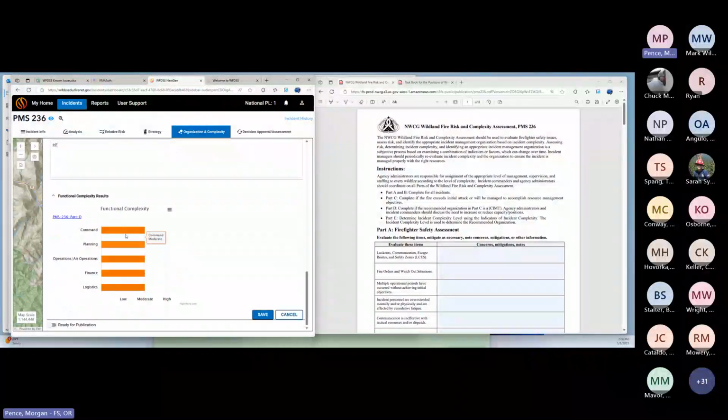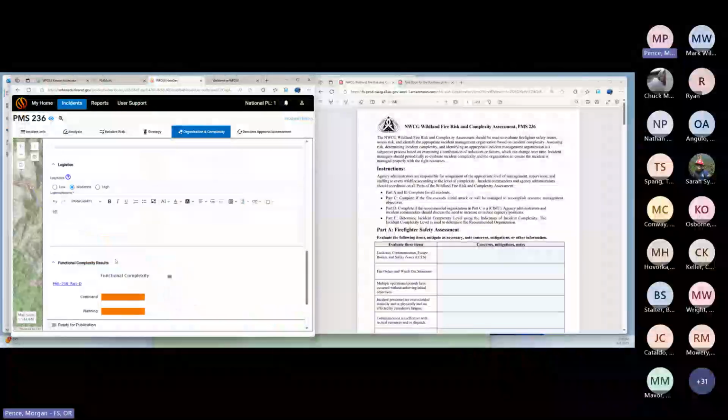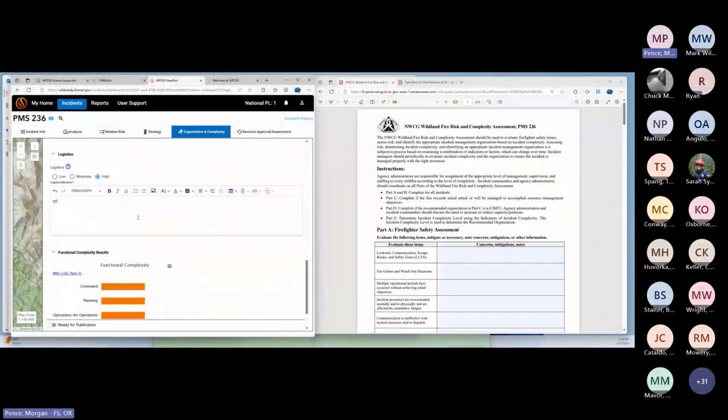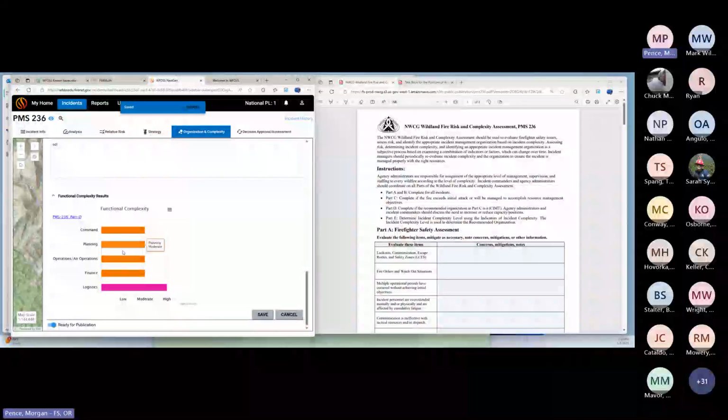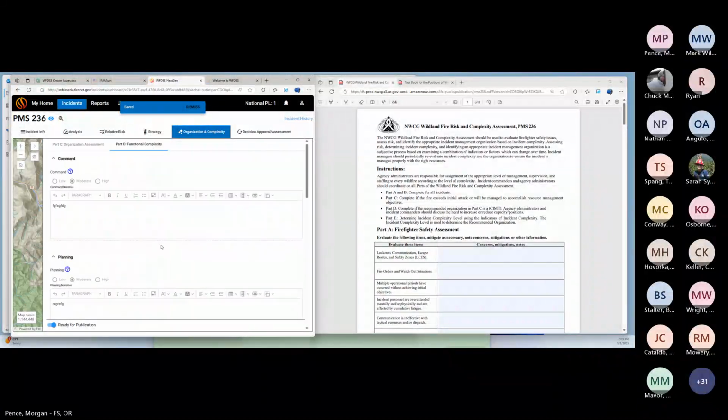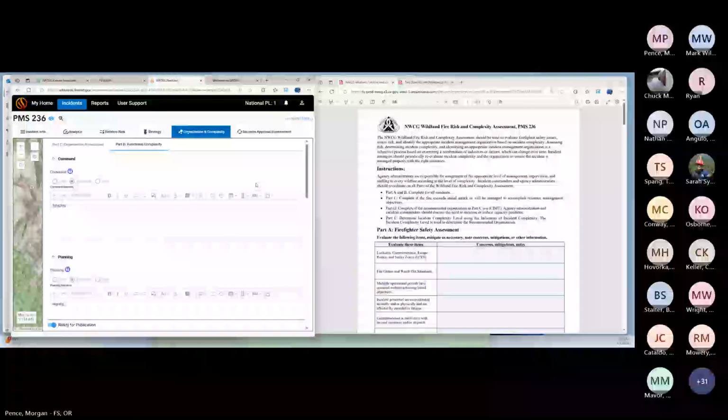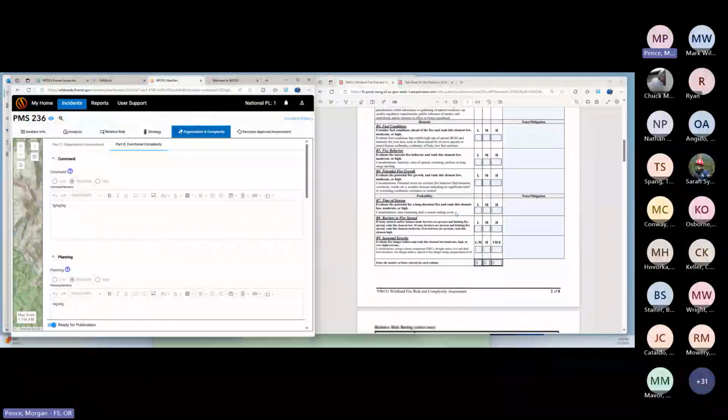Okay, just like the bar graphs for relative risk and the org assessment, as you click them, when you get to the bottom, there's a summary. So if you change moderate to high, say I changed that last one, it's a visual summary of the inputs you have above. And I click save. I can now mark it ready for publication because I have completed Part D now. Okay, let's keep going,